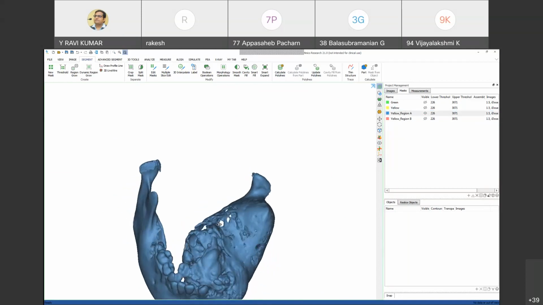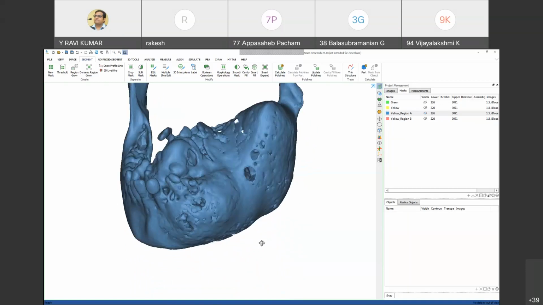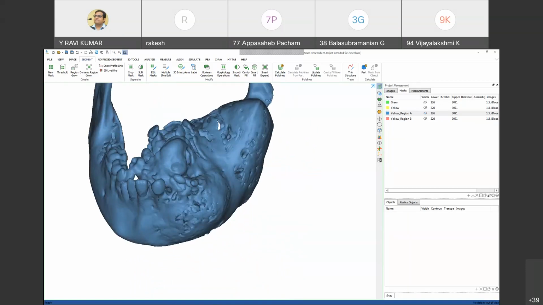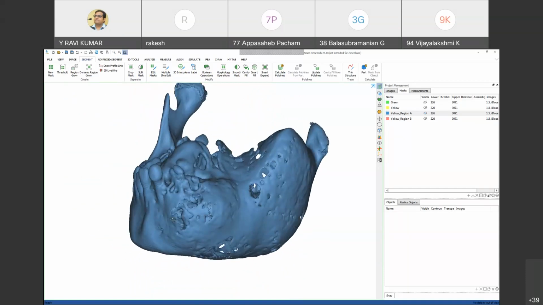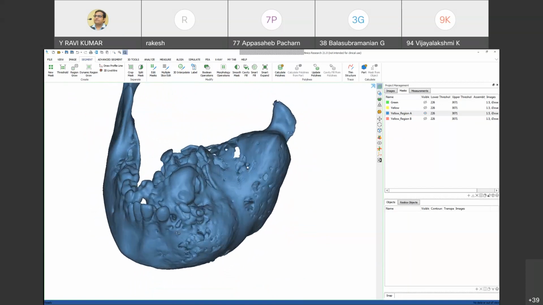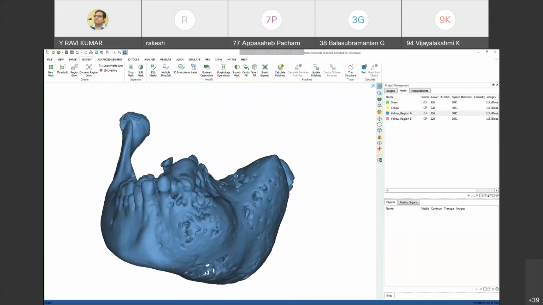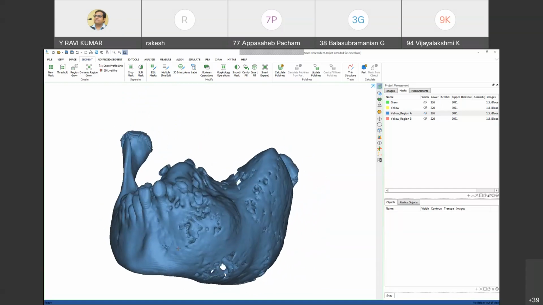Now what we can do is, based on this condyle, this one is the condyle, we will cut this bone. We will print this model and give it to the doctor, so he will plan where to cut the bone and what to do in the next operation. He will do a kind of rehearsal on this, and once he has cut this entire section, the templates can be prepared by engineers like us.